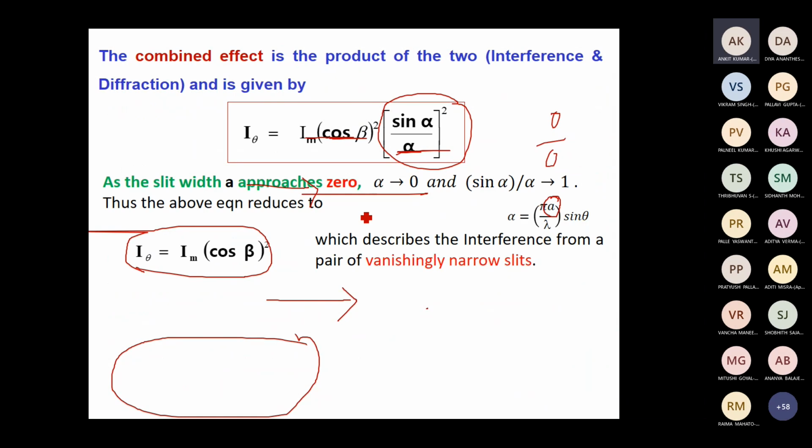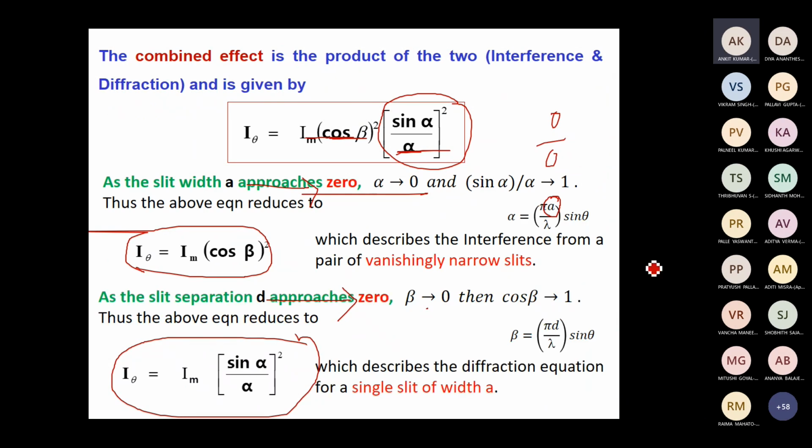Yes, sir. Okay. Anyone has a query? Somebody has written in the chat. Let me check. Sir, no bright fringes or central maxima will be formed. Okay, that was an earlier question. Fine. That is when I choose a equal to lambda, it is not that; it is entirely occupied by the central maxima. Okay. Shall we proceed to the numericals, if you have followed whatever is discussed till now?